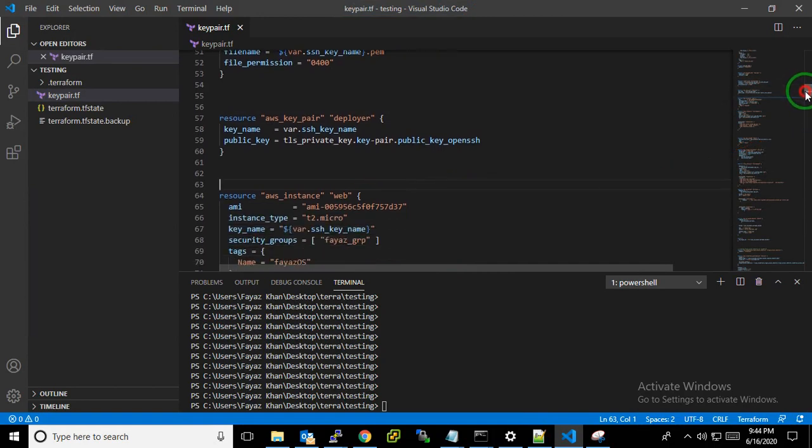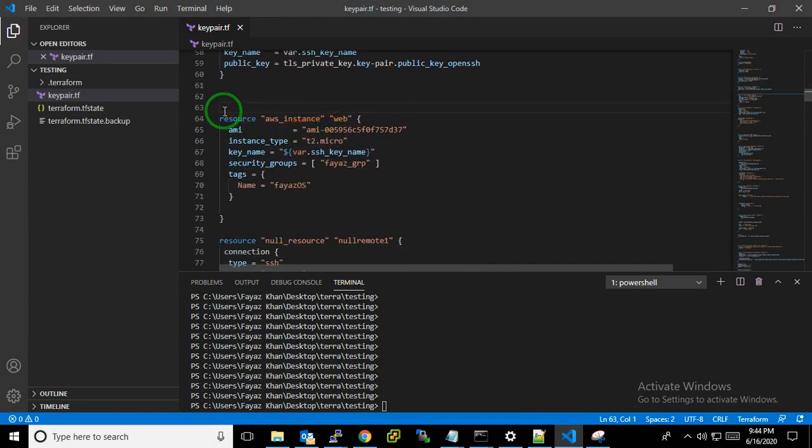So this is the private key build-up. Then we go for launching the EC2. My resource is aws_instance, and the name of the instance is web. Whenever you call something from the AWS instance, you just write this name. For the AMI, the image name, I am just copying this image from AWS, because I don't have any image right now. Then the instance type is T2 micro, the key I have already created, so I just call that key here. Then the security group, I just call the security group, and my tag name of my OS.